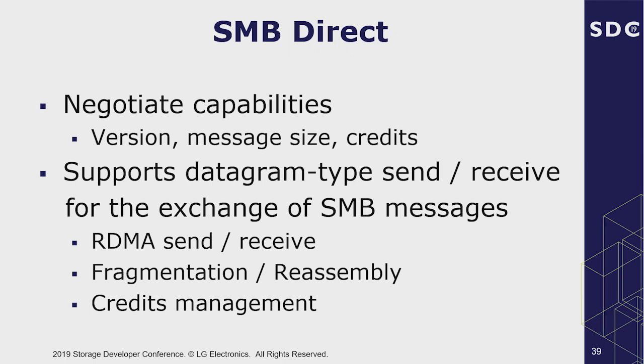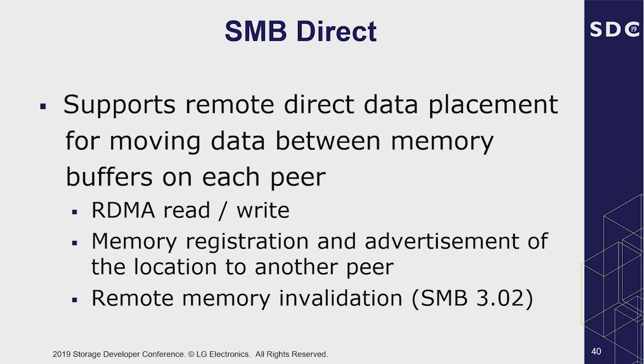Each peer sends SMB Direct messages with the available number of buffers in the SMB Direct header. If an SMB message is larger than the size of the buffer, the message has to be segmented into SMB Direct messages and reassembled. File data is not included in the SMB message. A client sends an SMB request with the memory location which stores the write buffer or will store the read data. The server uses RDMA read-write operations to transfer data between client memory and server memory.